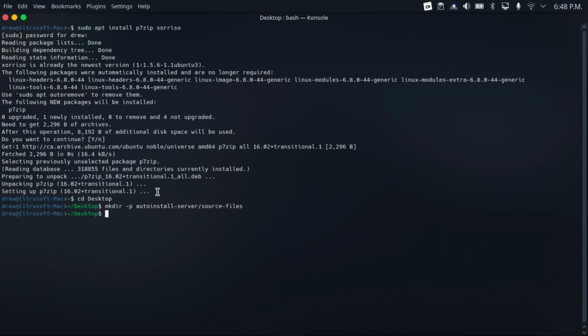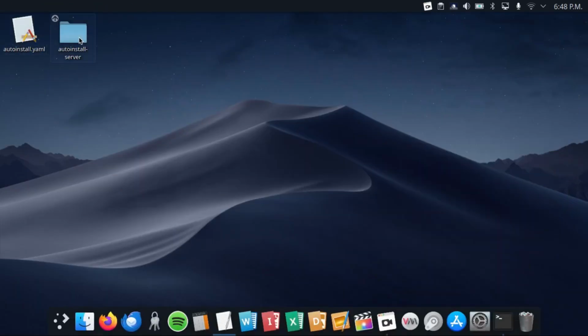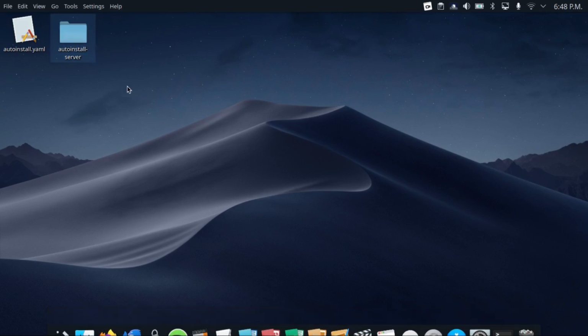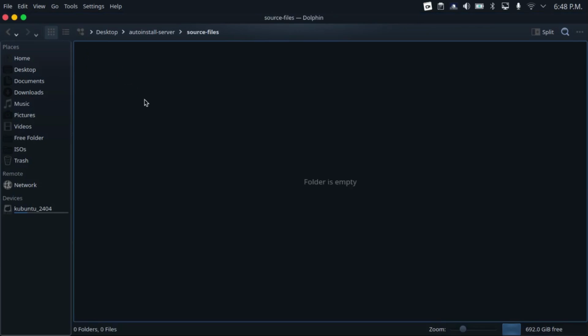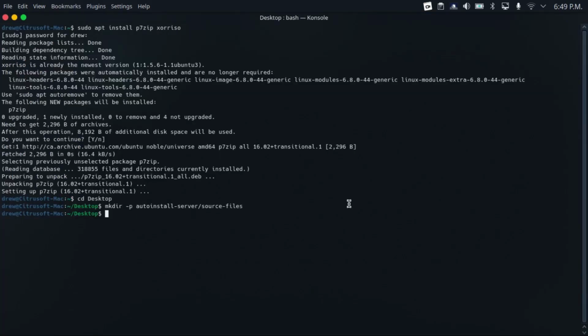And now if you didn't put the -p, then it'll give you a no such file or directory error. The -p just tells it to create any non-existent directories. But now if I minimize my terminal window and then come to my desktop, I now have an autoinstall-server directory. And in that, I have a source files directory. So now I'm going to go back to my terminal and then cd into my